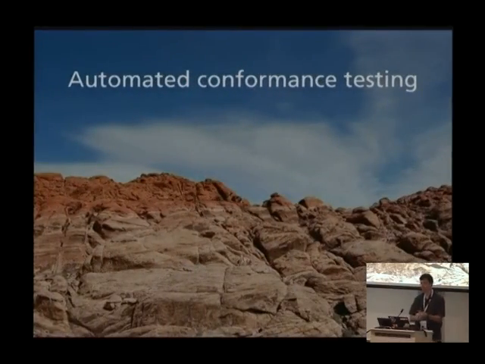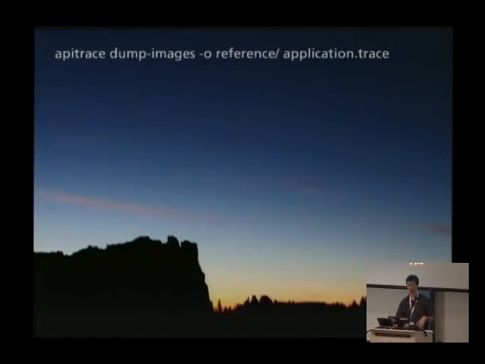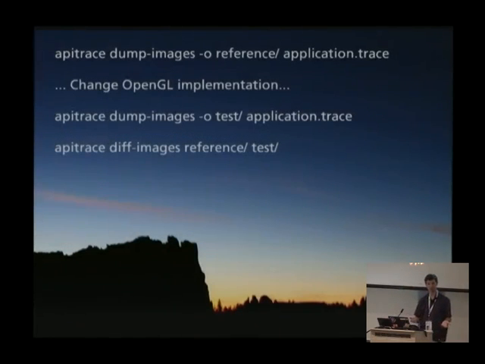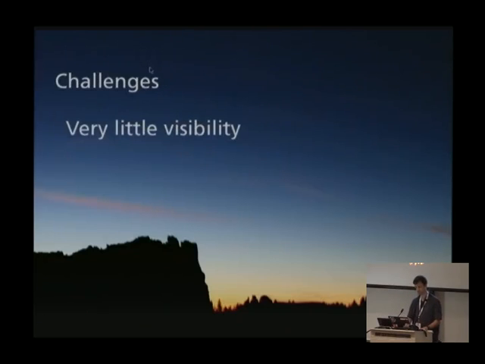Conformance testing. API Trace has a mode that you can run through, and this has, I think, been primarily useful for developers of an OpenGL implementation like us. You can feed it a trace, and it will dump images for every frame of the trace out to a file, out to a directory, this reference directory. So then later we change our OpenGL implementation. We can then,